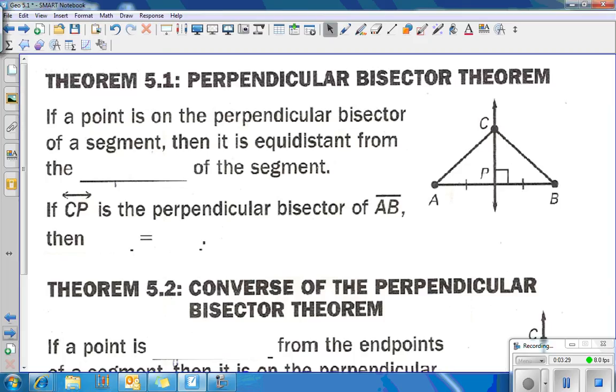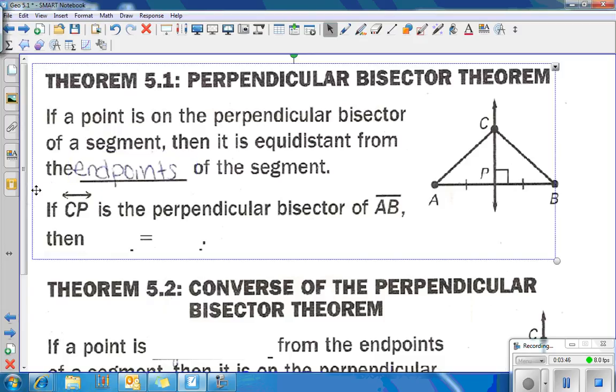Next one. Theorem 5.1 talks about perpendicular bisector. If a point is on the perpendicular bisector of a segment, then it is equal distance from the endpoints of that segment. Okay? So it's equal distance from the endpoints of that segment. So if I look at the picture to the right, I've got the line